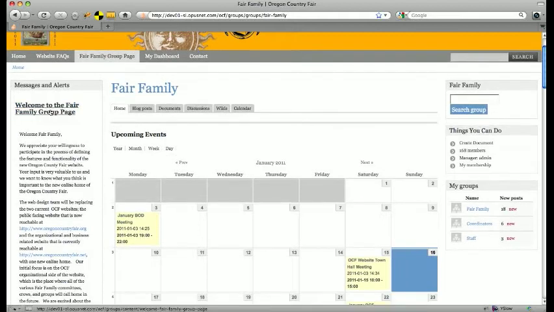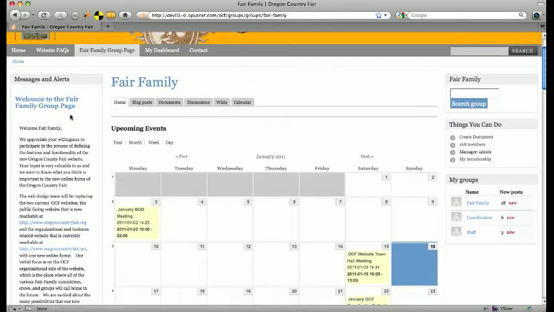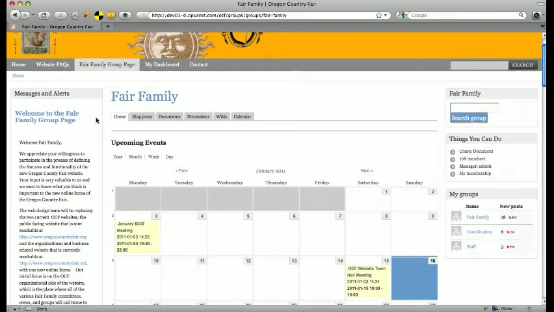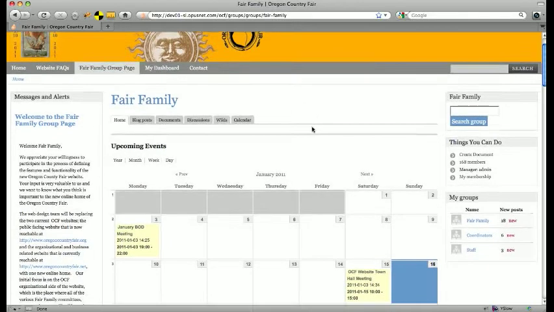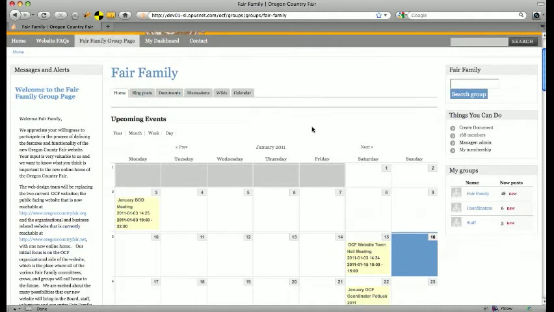If there's a group manager and they have an important piece of content that they'd like to make sure everybody knows about, they have the ability to post messages and alerts here in the left-hand column. For most groups on the site today, there's a welcome message that was written by the fair staff. In the center column is where most of the content resides. So you can see, for example, there's a